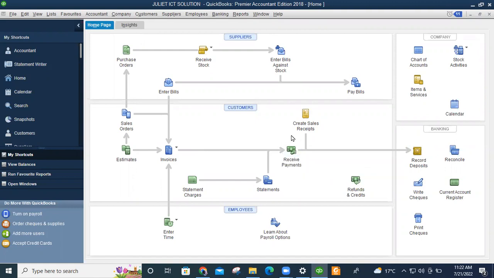Then after receiving the payment, you go to record what? Record deposit here. So record deposit, now you can be able to record the deposit. But as from tomorrow, you'll be able to understand how to proceed with other features. But after this now, I can show you how to extract the basic reports of what you have